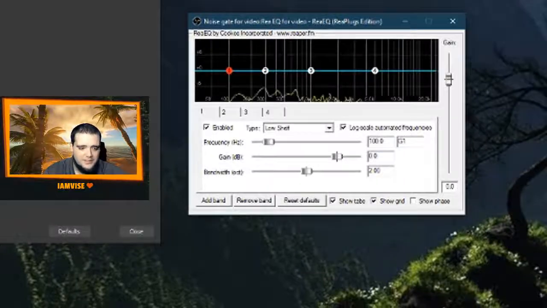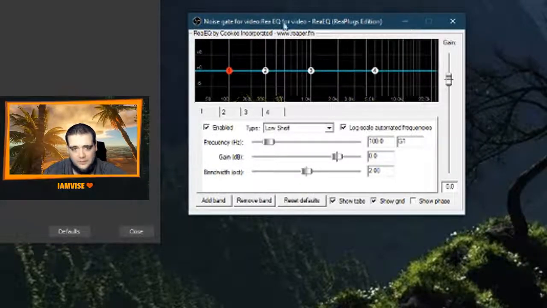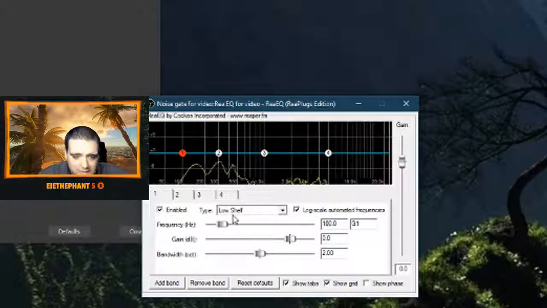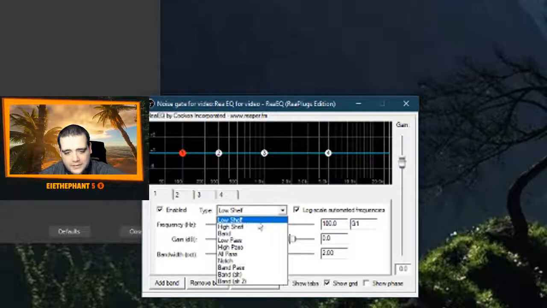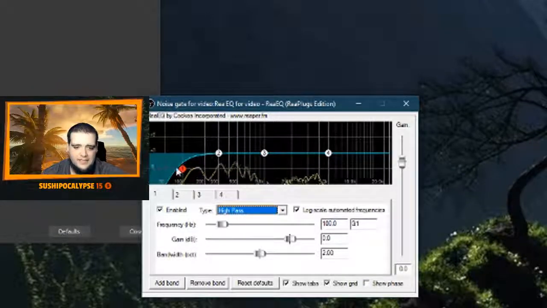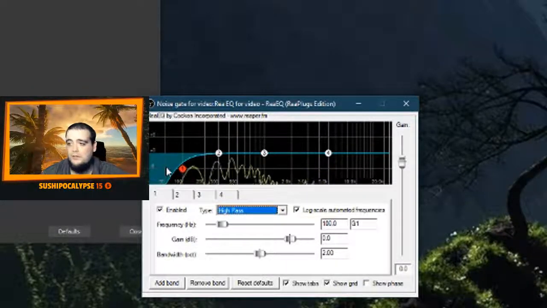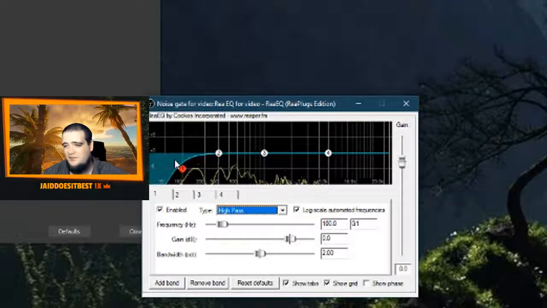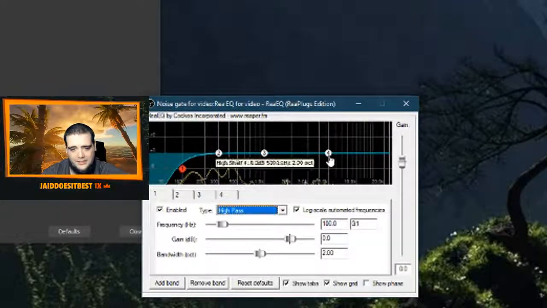It glitched out because I had the previous one kind of opened. And this one is a little tricky to mess with. So the first one is always going to be a high pass, and this is going to try to key out any